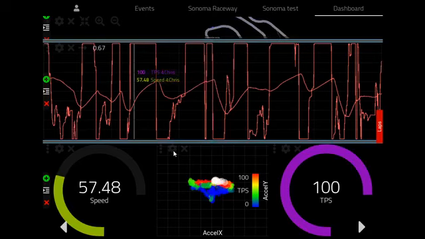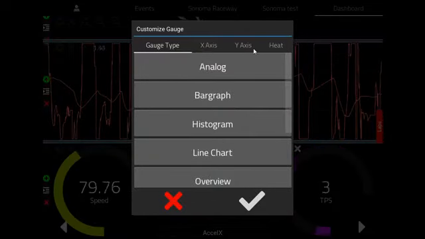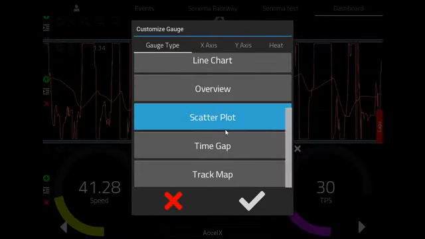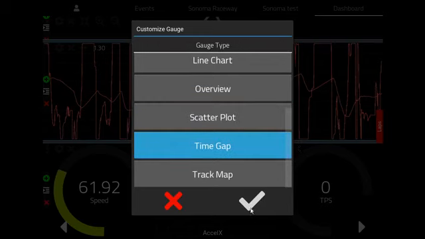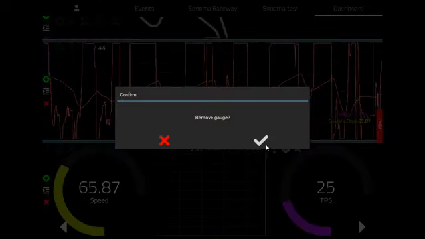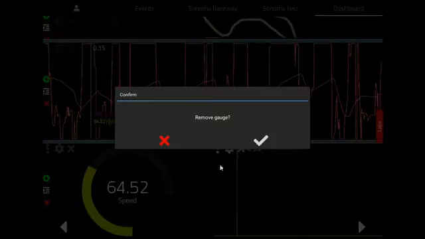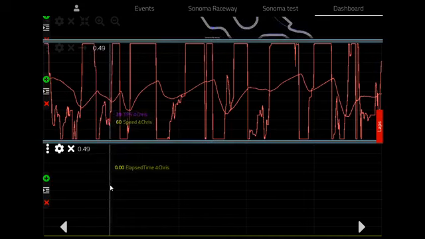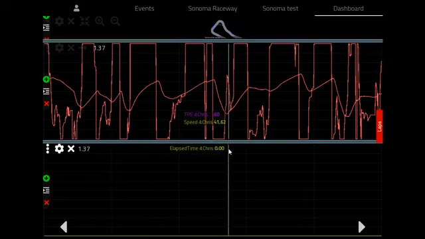What else do we have? Let me switch to another type of gauge. We have a time gap, which is very familiar. I'm going to remove these extra gauges. So a time gap shows you the gap of time gained or lost